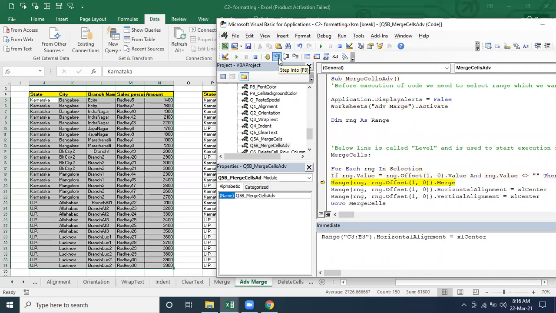True, it's going to merge now. It's merged or not? Yes, exactly. And now it's going to center. Then again center. Then it's going to jump to the next merge label. So from here again it's going to start. Again it's going to start, and then again it's going to merge. This is condition 2. One by one it's going to merge.